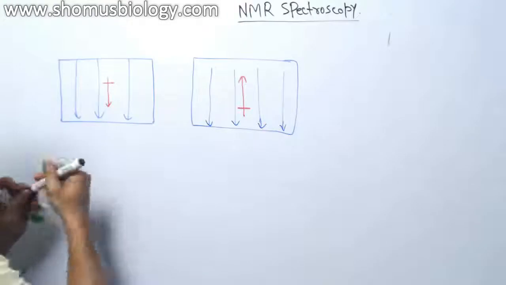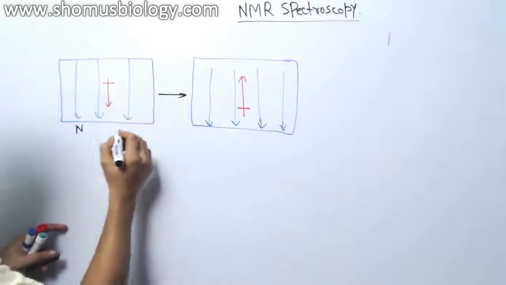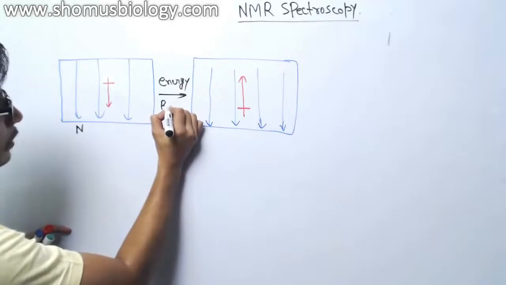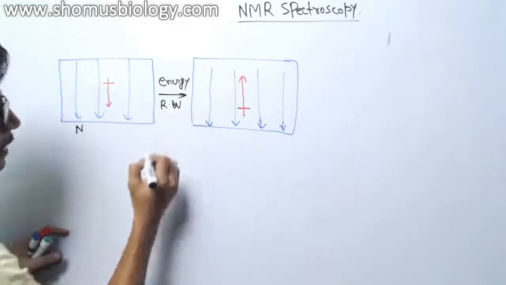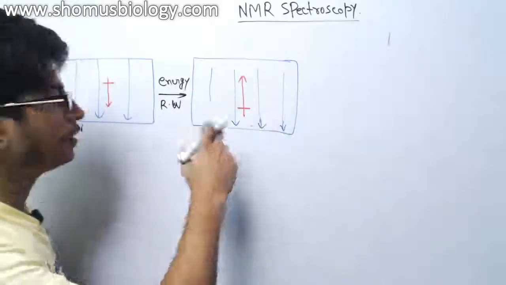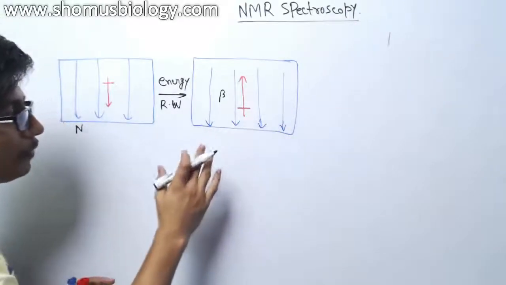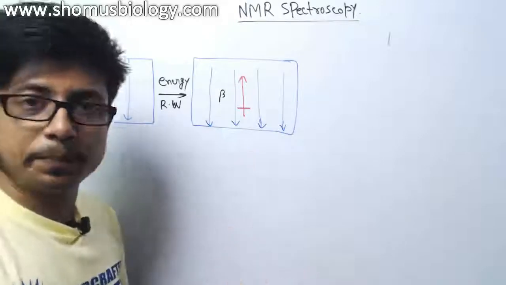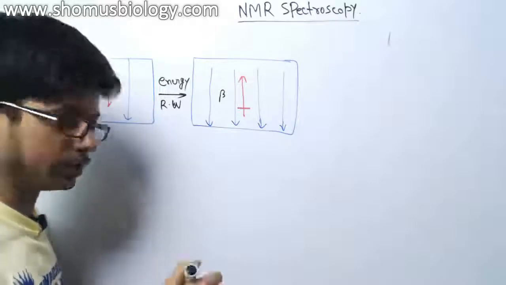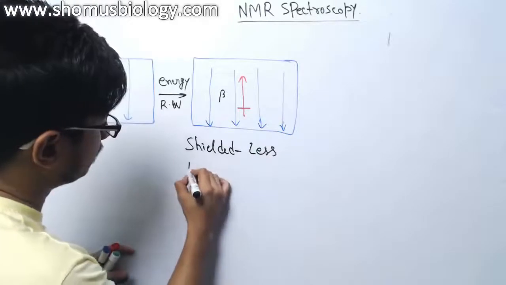So the idea is very simple. Earlier the hydrogen was present according to the direction of the magnetic field. Now we apply some energy here. The energy is applied with the electromagnetic wave, or radio wave, that will shift the orientation of this hydrogen to the opposite side. So we have a beta spin here. Now, for orienting into the beta spin, as we saw, if it is shielded by electrons, we need less energy. If it is de-shielded,